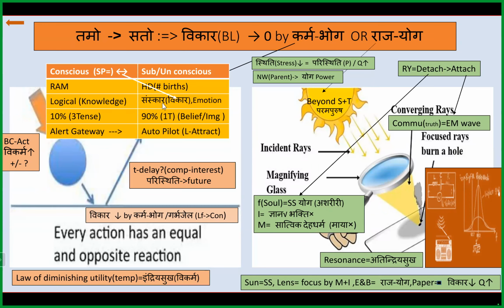So we know the subconscious mind is the hardest. So what is the subconscious? The conscious mind is a RAM, but it has only 10% power. The subconscious mind has 90% power. The conscious mind understands one tense, the subconscious understands three tenses. But our belief is based on our imagination and is controlled by the subconscious mind. With the conscious mind, that is what spirituality is. We have to control the sanskar or vikar. So this conscious mind is our gateway.